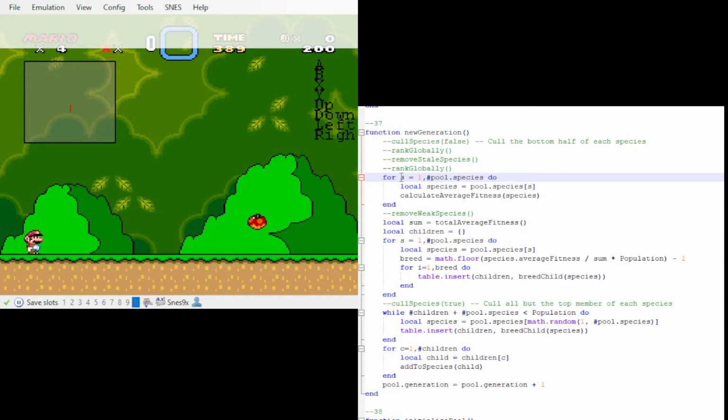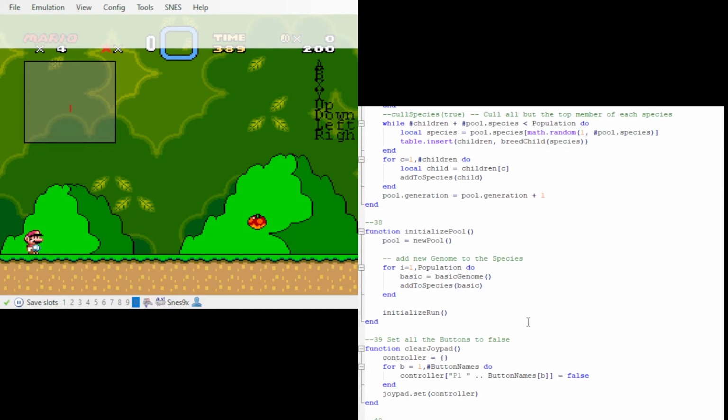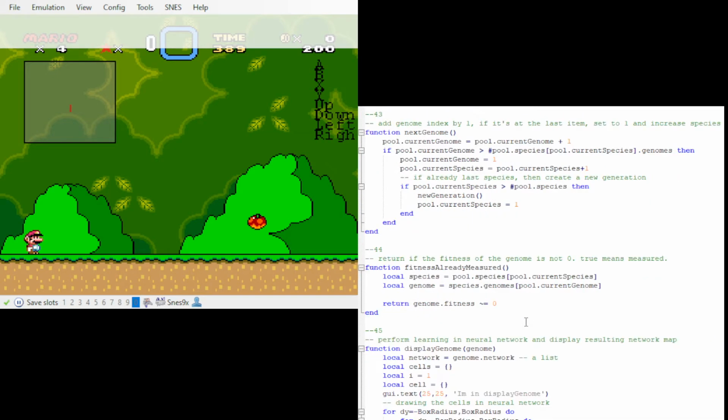So here, this is cleaning it up to remove the not so good branches. But here we are just calculating the average fitness for the species. Oh, I actually need to check my Lua console, because so what happens is